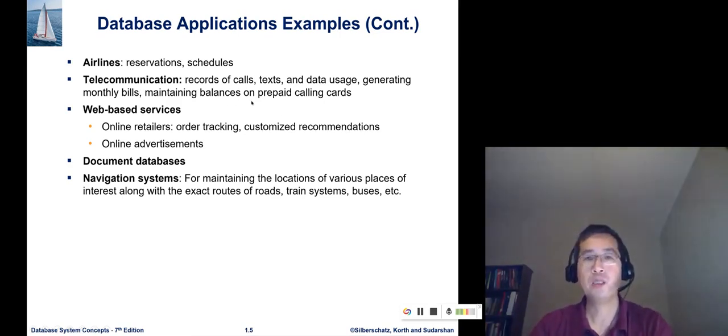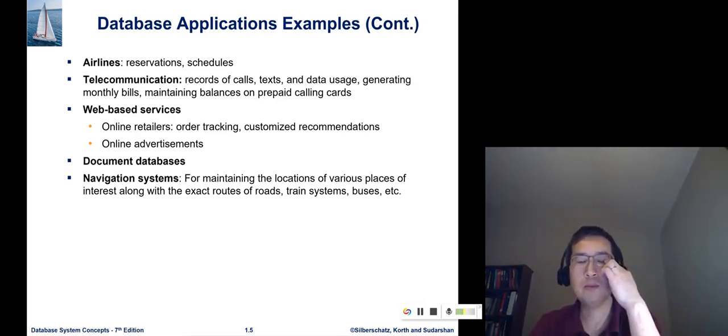And maintaining balances on prepaid calling cards. So web-based services like online retailers, Amazon. And then for this one, we have orders. Many companies are both online and offline: Walmart, Costco, Amazon. I believe maybe we have some